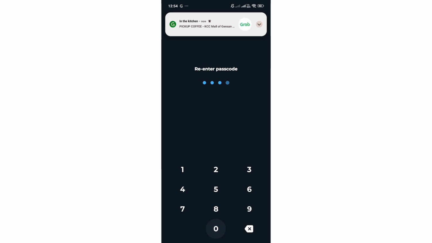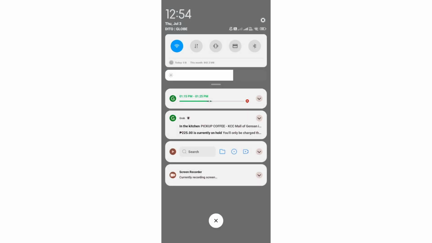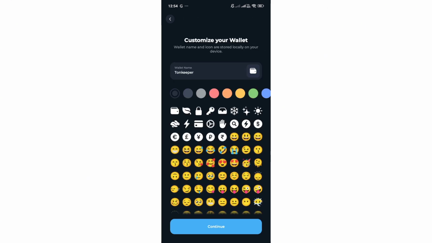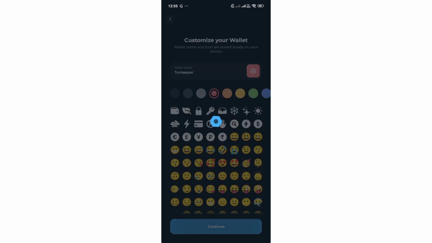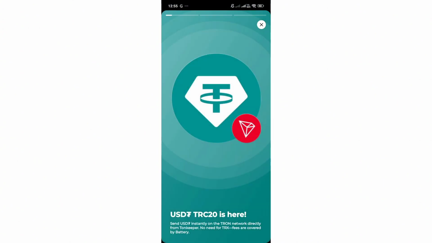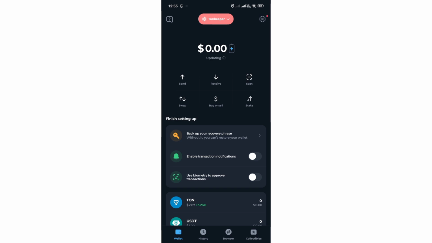And now in here, you'll need to go ahead and set this up first. So let's go ahead and set instant notifications to later, and then you'll need to customize your wallet name and the wallet icon for this, and then click on that continue button at the bottom of your screen. So after this, you'll get redirected into your TonKeeper wallet account dashboard, and that is how you can basically create